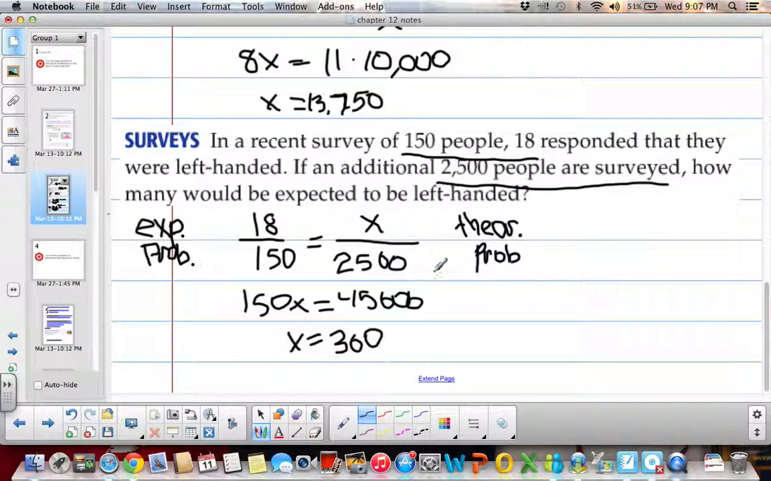Okay? Yay for lefties, all 300 of us out of 2,500,